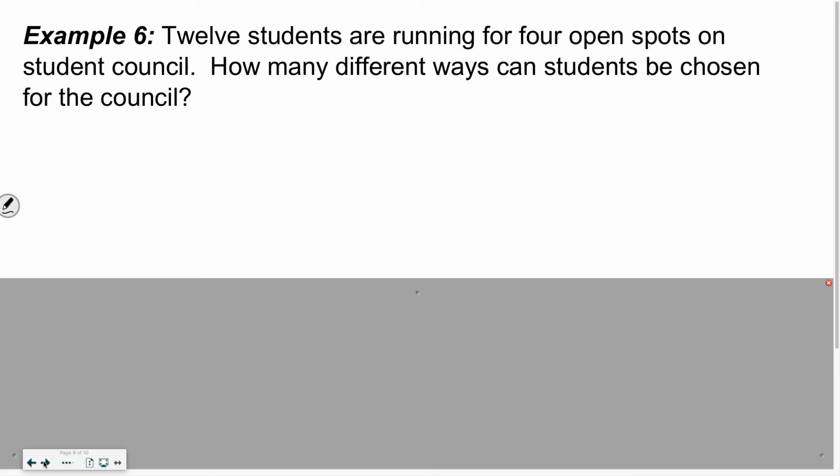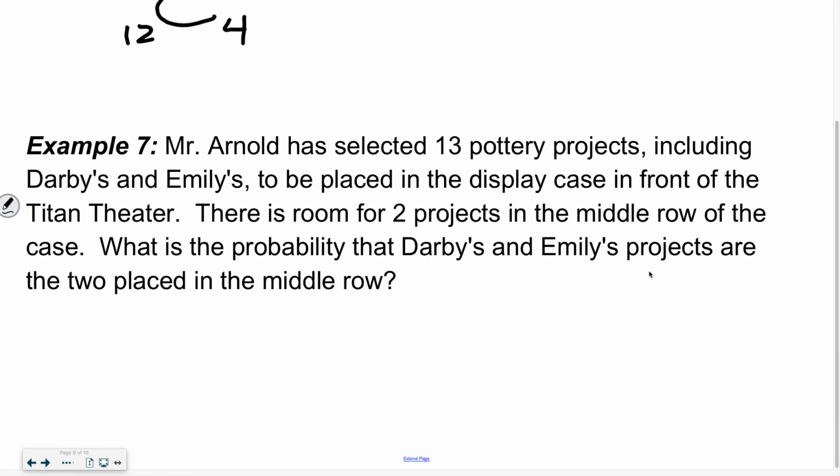12 students are running for 4 open spots on the student council. How many different ways can they be chosen for the council? Fundamental counting principle, permutation, combination? Combination. Does it matter what order they get chosen? No, you just want to be on student council. How many people do we have to choose from? 12, and we are picking 4. All of these where I'm doing nPr or nCr, I can tell that I'm going to decide between those 2 forms because I have a large group to choose from, but I'm only picking a few things, right? So I have my total on the left, and how many I'm picking on the right. And then we should have, is this the last one? So it switches over to